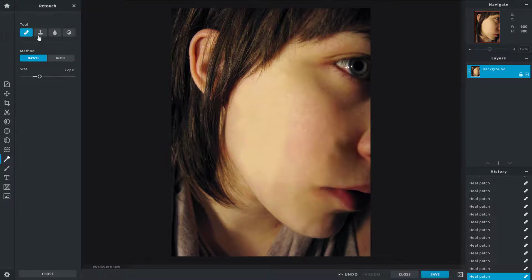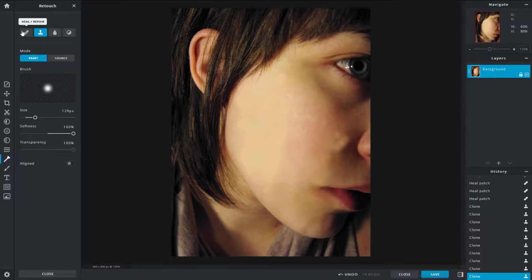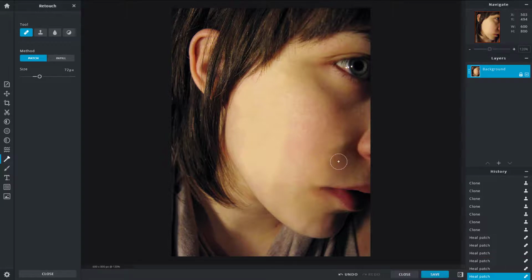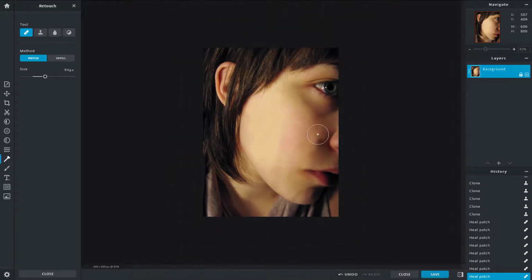Okay, not looking very great, so I'm just going to go onto source again and then start drawing out to make it smoother right over here. So go to source and go around here, make it a bit smoother, just like this. Go around into patch right over here and then patch this out to make it smooth again. Okay, so it does take a bit of a try, as you can see. And there you go.